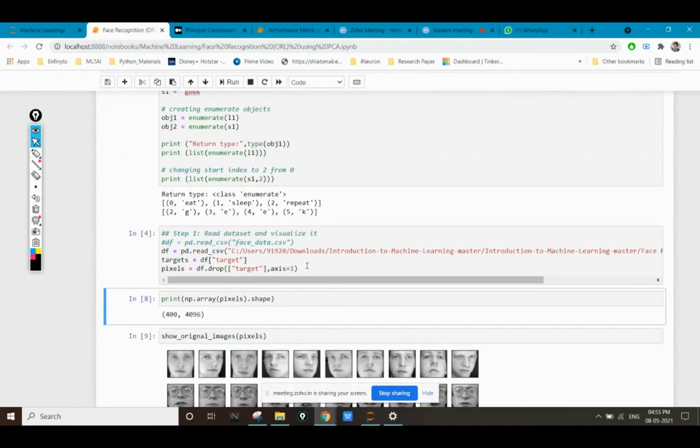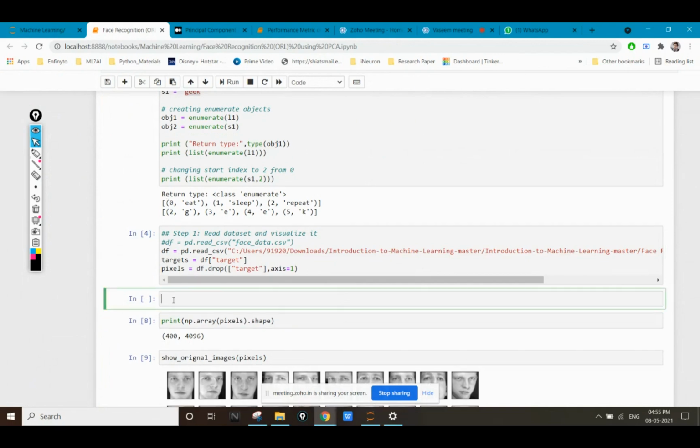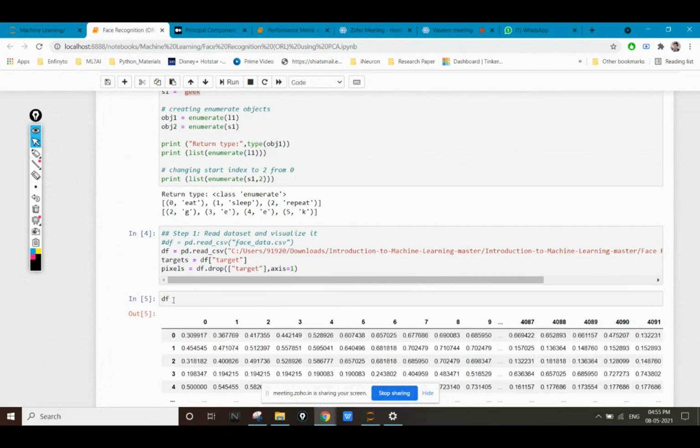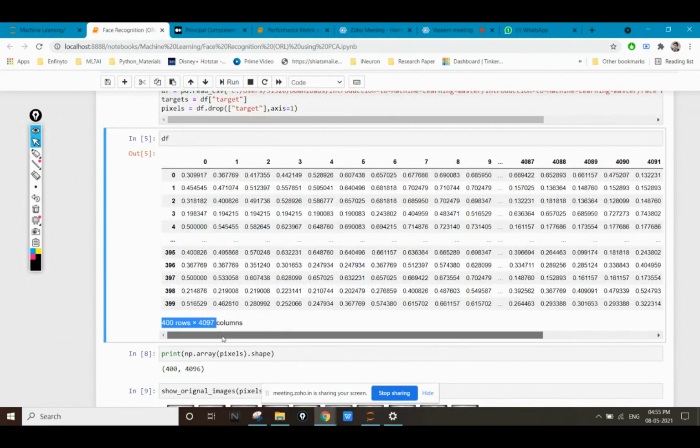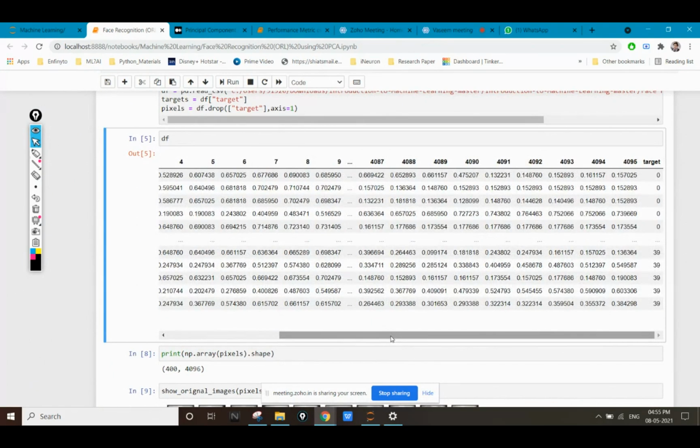So now you can see that I'm reading this df dataset. If you want, you can see this. This df dataset is nothing but 400 rows and 497 columns, meaning all 400 photos, and here I'm getting the target. The target is my result or end values which I should be able to classify. For that, I'm going to use an SVM model.